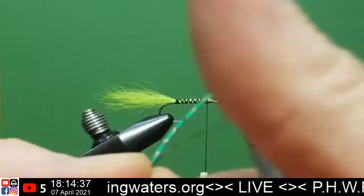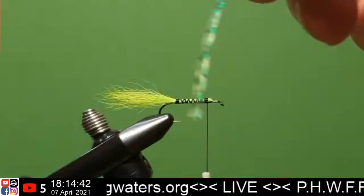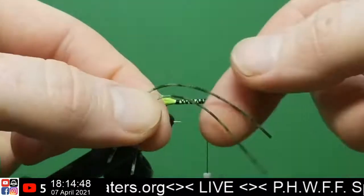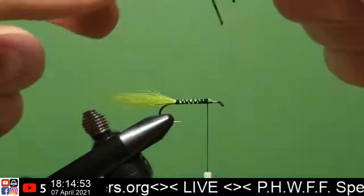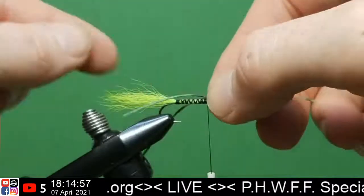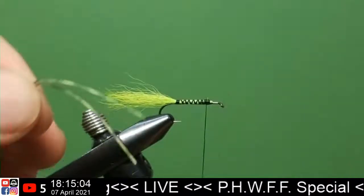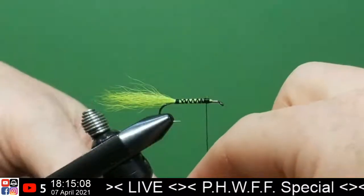Multiply by dividing. I got two here now. If I tie these in like this, I'm going to go with the olive facing forward. No, I'll go with the chartreuse facing forward, and these olive ones will come off the back. Alright, so here's the trick. Couple of wraps of thread. We're going to go underneath